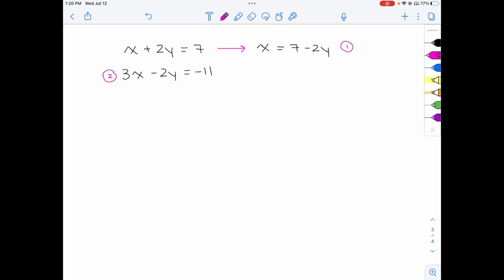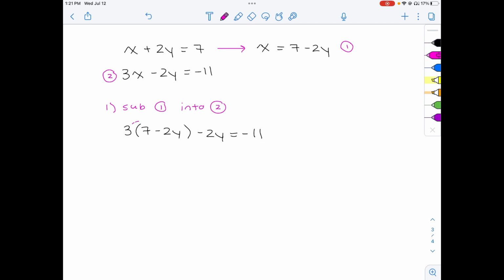Okay, so there's just that extra step at the beginning to isolate one of your equations, and then now this is the same as what we did in the first example. We are going to sub equation 1 into equation 2. So I'm going to write equation 2 here, 3, and then instead of x, I'm going to write 7 subtract 2y, because that's what we see that x is equal to from equation 1. So I'll have 7 subtract 2y, and then the rest of the equation is just written the exact same. So subtract 2y is equal to -11.